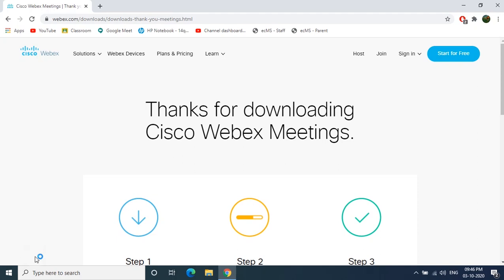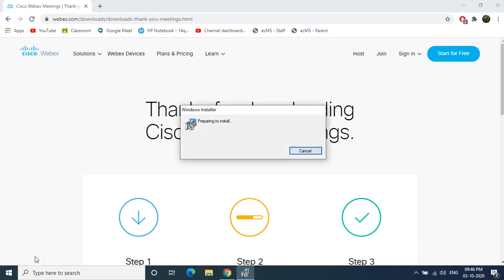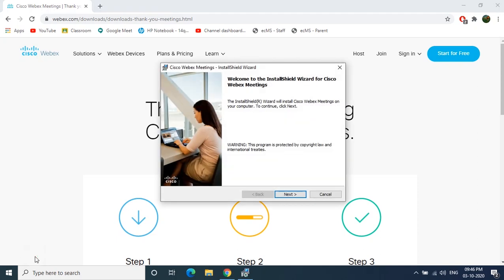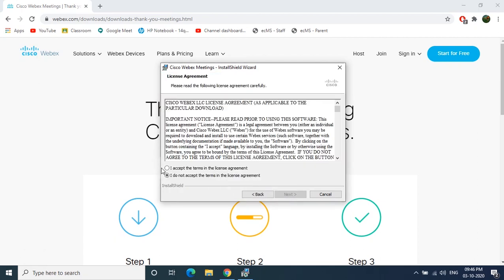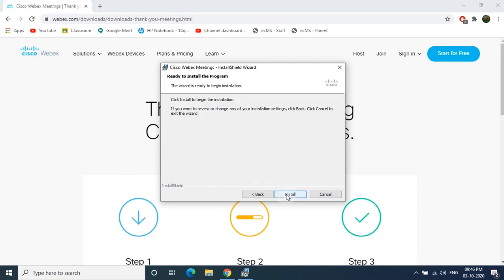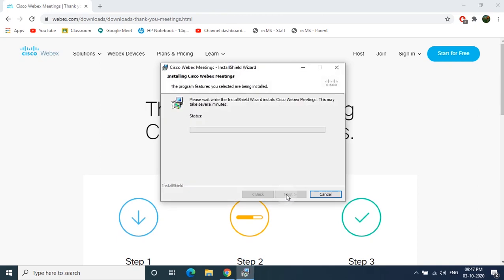It takes a little time. One small window comes, like a wizard. Just click on next. Then click on I accept. Then again click on next. Keep on clicking next, and finally your WebEx app gets installed onto your machine.